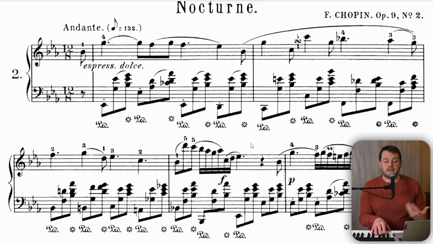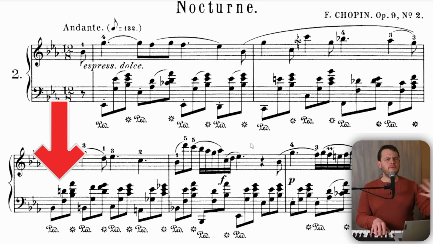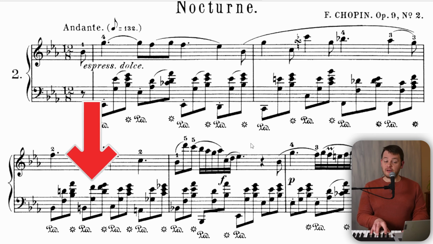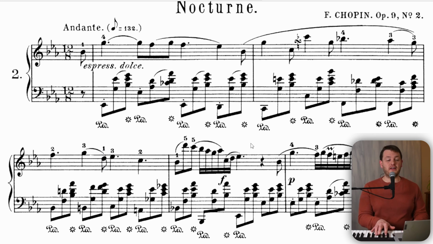The next measure, it doesn't let up. We go, okay, B7, we need to go to E flat. Tricked you, G7, which needs to go to C minor. It does go to C minor, and then another fully diminished 7th chord, which wants to go to B flat. It's funny, measure 3 actually starts and ends in the same place. It starts on a B flat 7 chord, which should go to E flat, but Chopin uses this to chromatically walk up